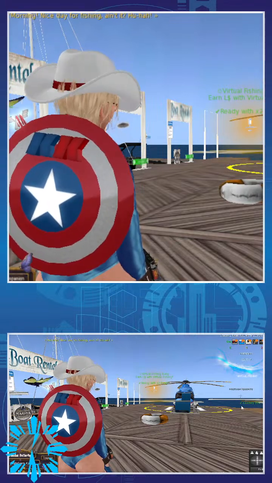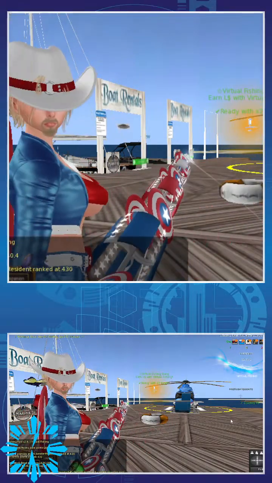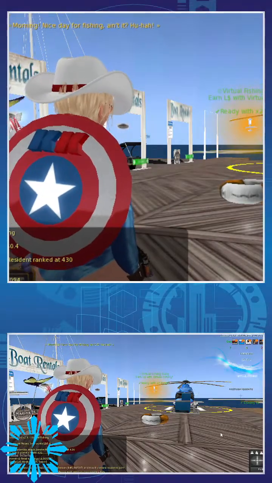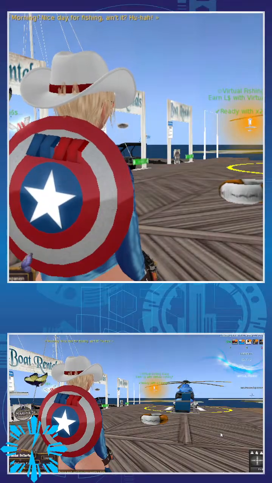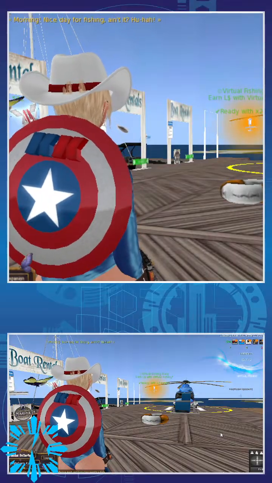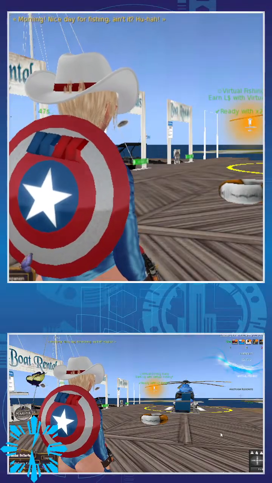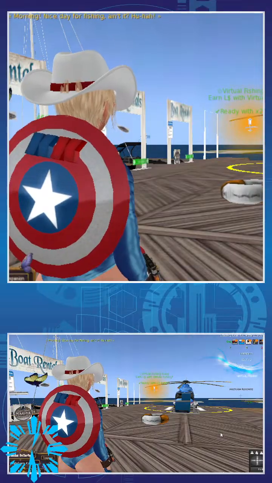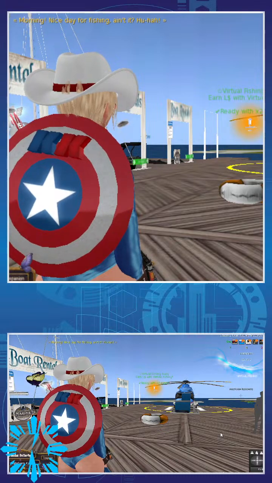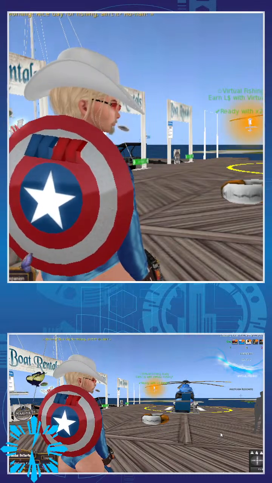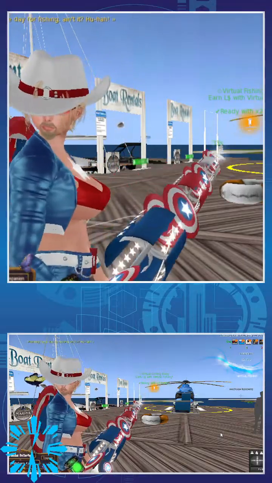And if you are in Second Life and you are looking to earn Linden dollars, you could try virtual fishing. It's very simple, it's very easy, it doesn't even have any fishing animation. All you have to do is get the virtual fishing rod and the virtual fishing HUD for free, find a virtual fishing location, and start fishing. That's how easy it is.